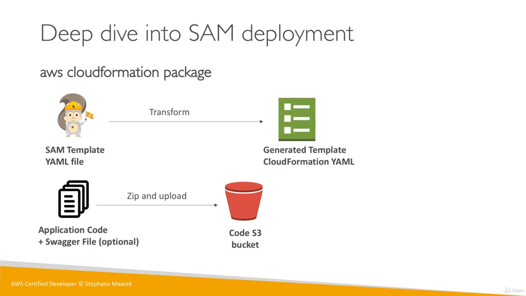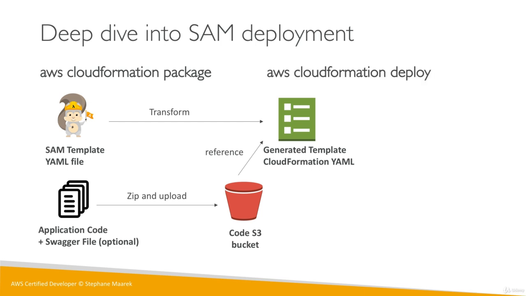And then this command, aws cloudformation package, will also transform our SAM template into a CloudFormation template. So this is why there was this Transform from before. Basically, this Transform indicates how CloudFormation should transform your templates into much more complex CloudFormation YAMLs. So why did we upload the code to S3? Well, also because this generated template will have a reference to the uploaded code in S3. So here we have a very complex generated template. It's CloudFormation YAML. It's not something we have to maintain. It gets generated anytime we run the first command.